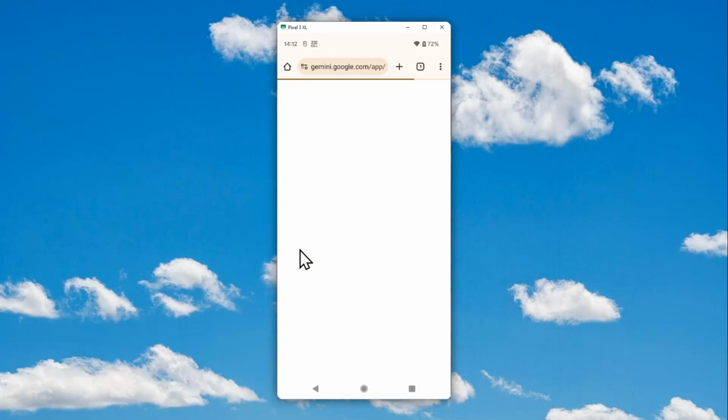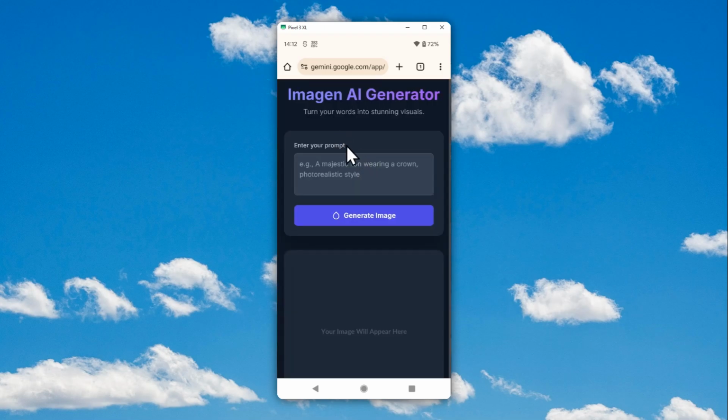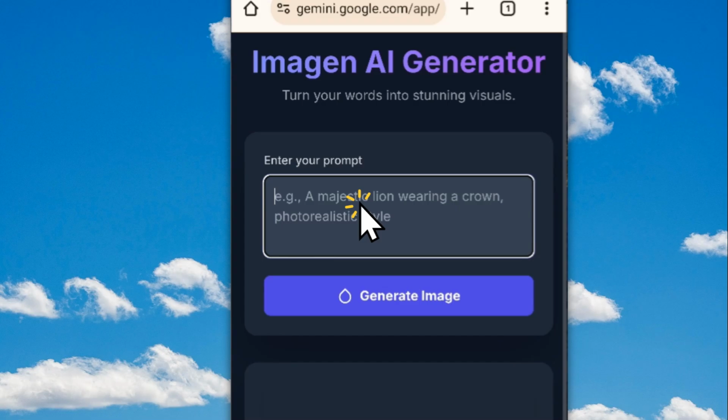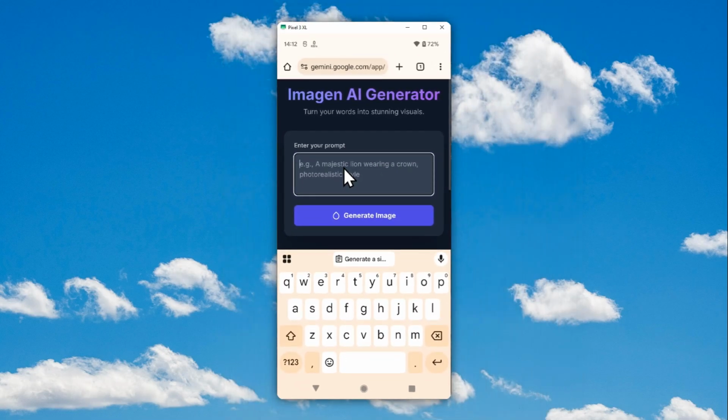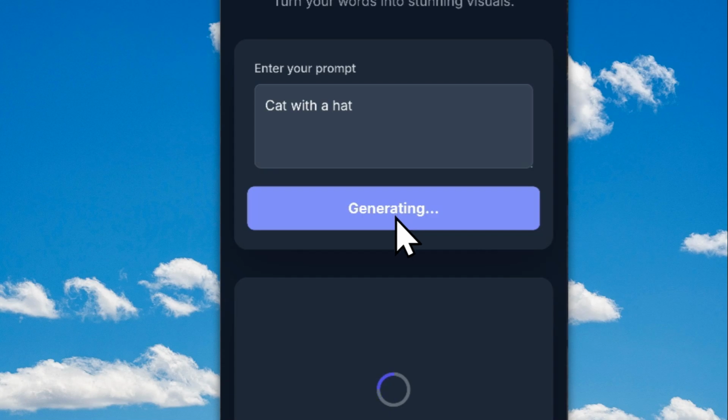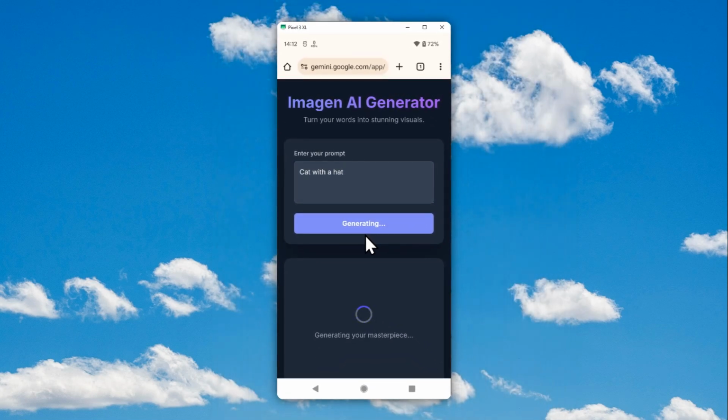This is a simple app that I just created using Gemini AI, and this web-based app is being powered by Imagen 4 model, which is an AI image model that is able to create a picture from a description. Let me give you a quick example. Let's say I want to create a picture of a cat with a hat. Let's generate image. And this app will start utilizing the Imagen 4 model to create a picture based on this